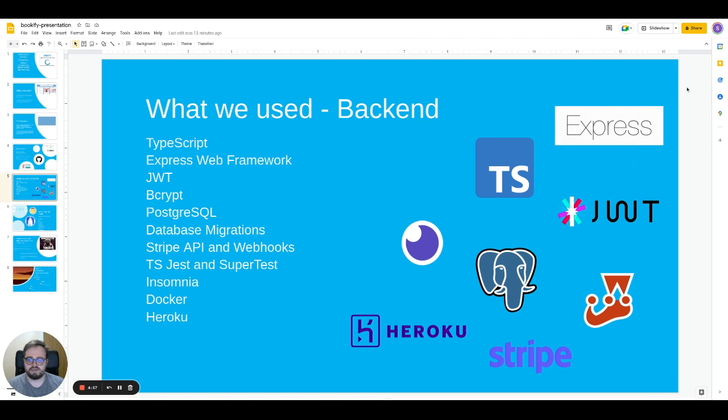So I just want to talk briefly about the tools and technologies that we used on the back end. So starting with TypeScript, we opted to use TypeScript for a couple of reasons really, but I'd say the main reason was probably down to, one, just wanting to learn how it works, use something new, and two, down to probably how easy it is to gobble up those pesky little bugs, or at least most of them. Because we're passing everything around in interfaces and things like that, it just makes it really easy to catch bugs in real time when we're making changes,